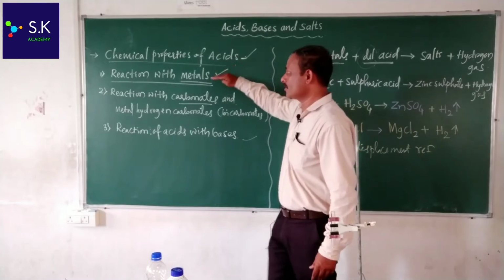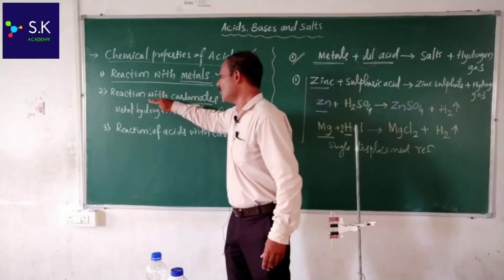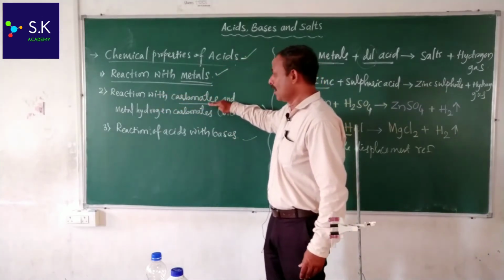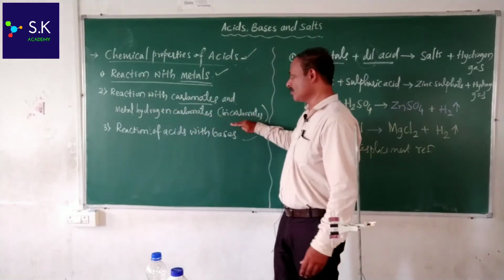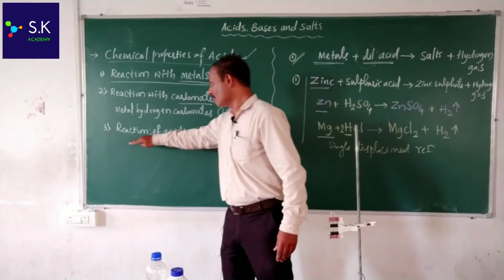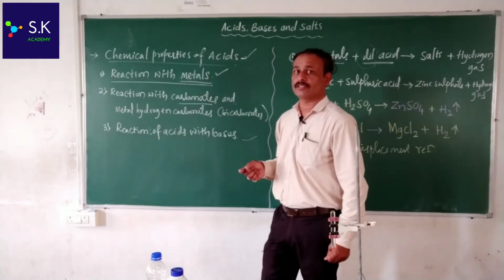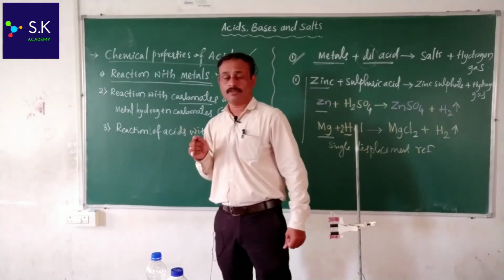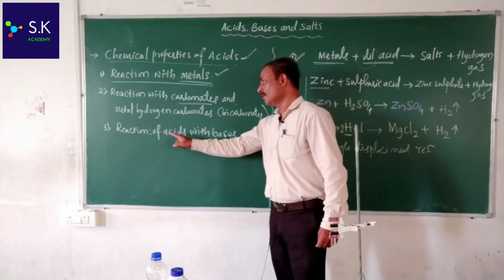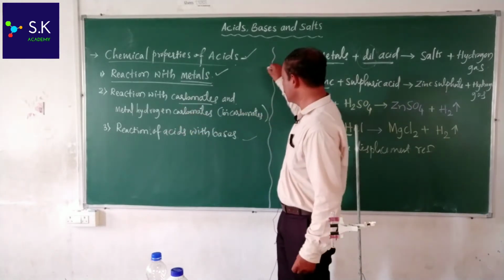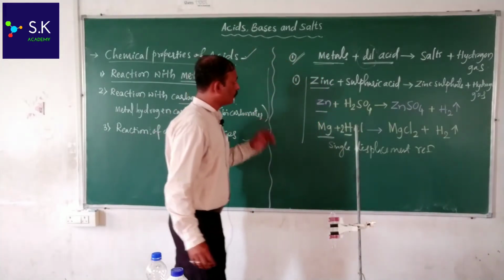Under this, we are going to study the reaction of acids with metals, the reaction of acids with carbonates, and also the reaction of acids with metal hydrogen carbonates, that means bicarbonates. And also we are going to discuss the reaction of acids with bases. In the next video we are going to discuss what acids produce when they react with metallic oxides. In this video we are only going to study these three chemical reactions. Well, the first one we study is